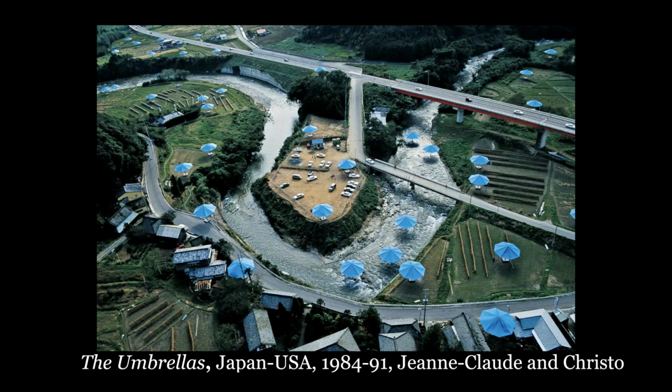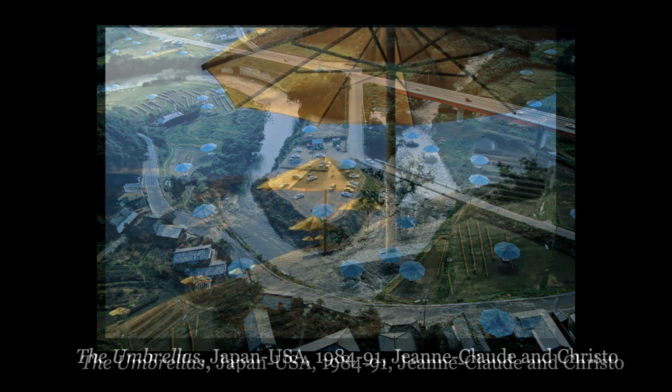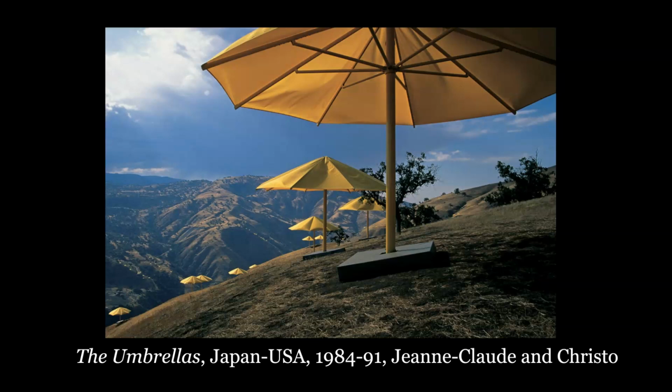And as you can see here, hundreds were installed, in these random patterns in a field of view that stretched for about 6 to 8 miles, that corresponded usually to a major road or a highway or something like that. And in Japan, the umbrellas were blue, while in California, they were yellow. And these were installed on the interstate between the Bay Area and Los Angeles, and they were generally around Bakersfield, California.